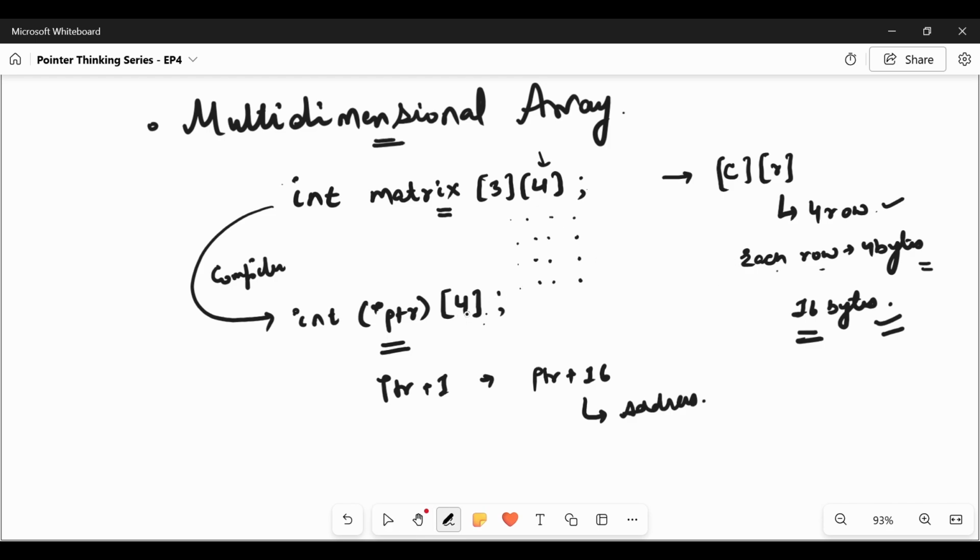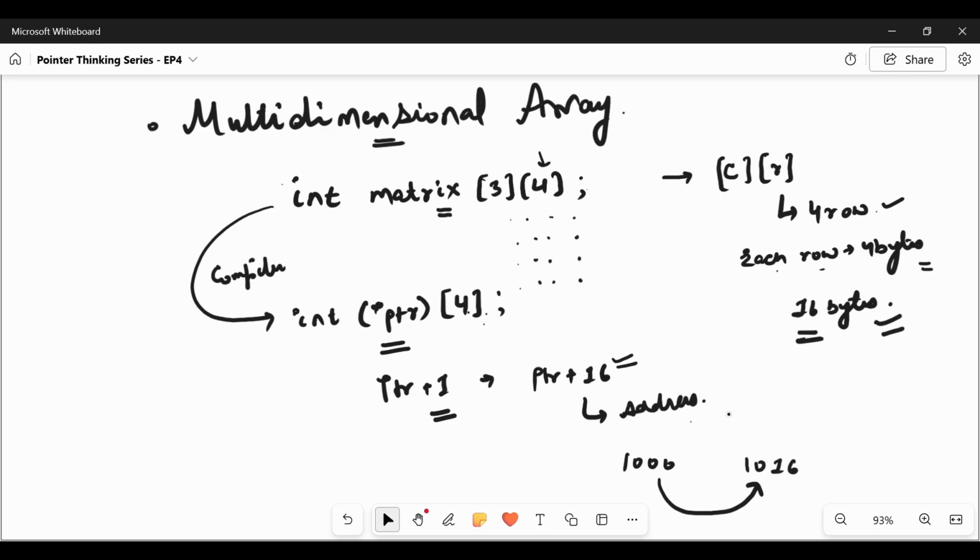So it will know 4 into 4, that is 16. When we move to the next object, it will move 16 bytes apart. If the first object is at 1000, the next object will be at 1016. This is how object hopping is done in a multi-dimensional array.